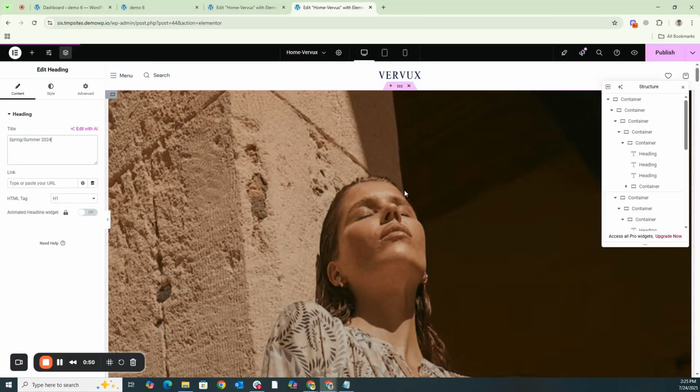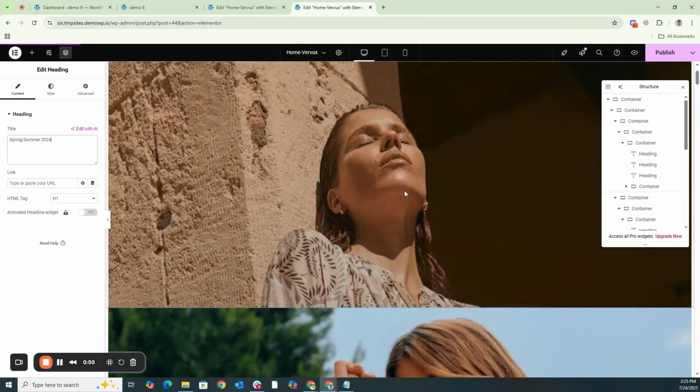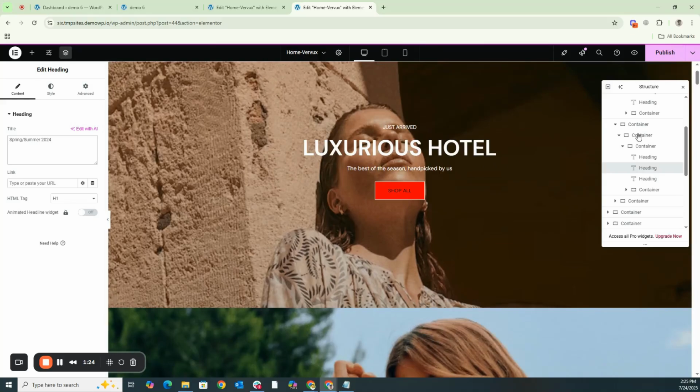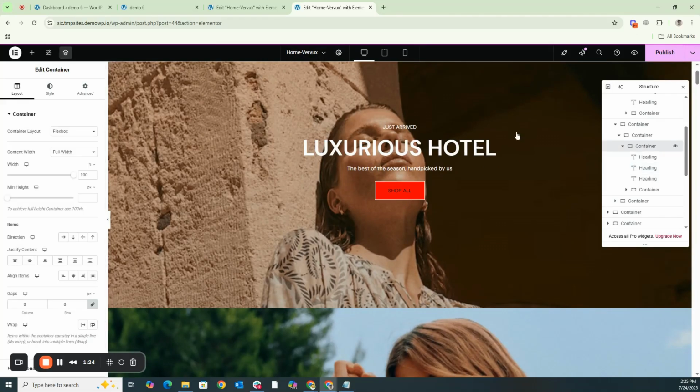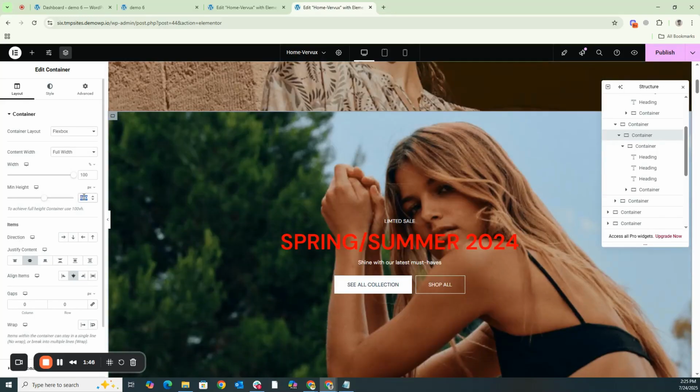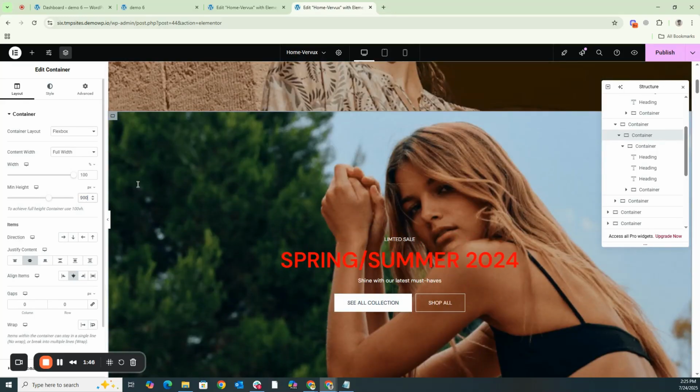Similarly, if you want to control the height and width, you can adjust the height and width of each container. If you go into this container, you can control its minimum height and width from here. Go to its main container and you can control its minimum height and width. Currently, the height we have set is 800 pixels. If we want to change it, let's suppose we set it to 900 pixels from here, then our height will